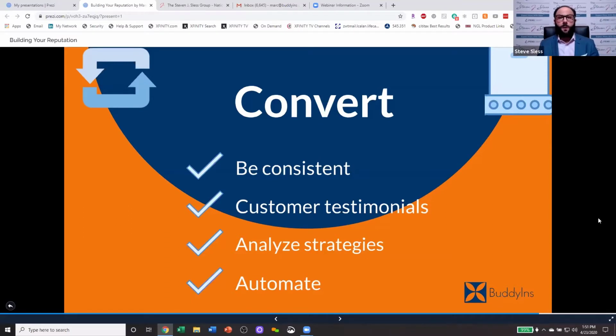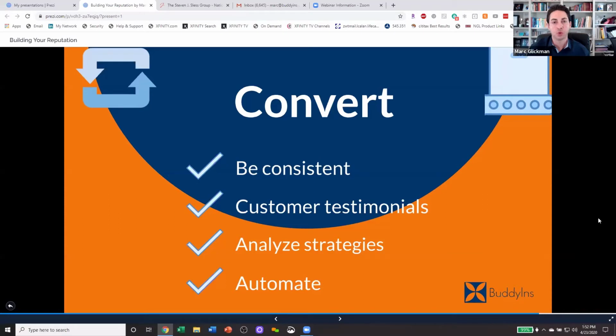And there's a lot of other technology out there. BombBomb for video, or Dubb is another video platform where you can send video through email. It increases your engagement. You can automate on there. All these tech companies will work with you to automate. But embrace automation. It will be a game changer, I promise you. Yeah, and I'm a huge proponent of it.